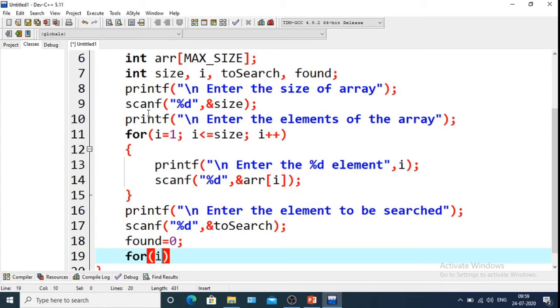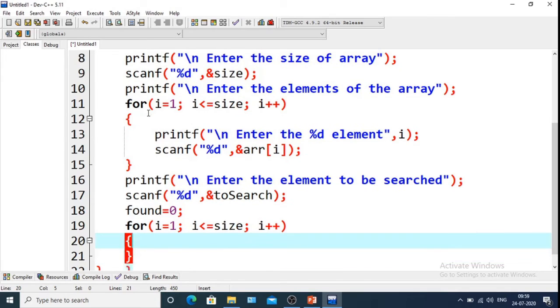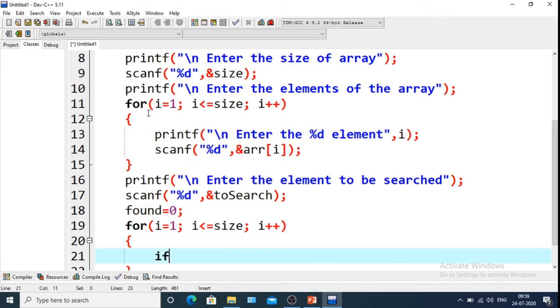So for I = 1; I <= size; I++. Within the for loop we will check whether the array element arr[I] is equal to toSearch or not.